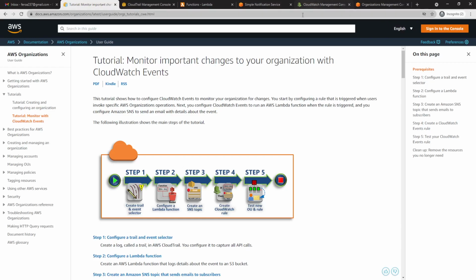Hi, in this video we will monitor important changes to our organization with CloudWatch events. This tutorial consists of 5 steps. Step 1 will be create trail and event selector. Step 2 configure Lambda function. Step 3 create SNS topic. Step 4 will be create CloudWatch rule and step 5 to test the new OU and the rule that we